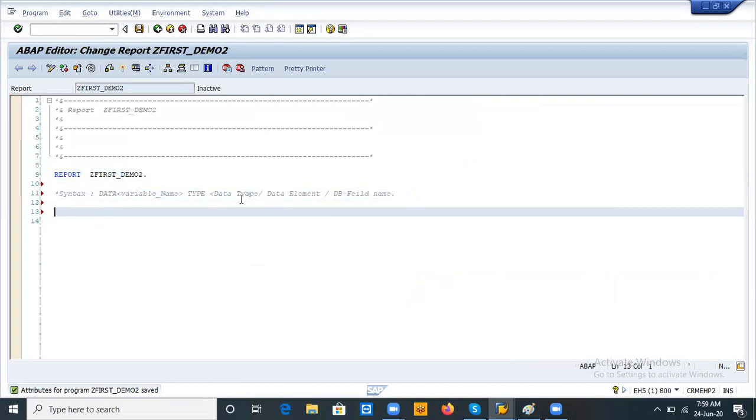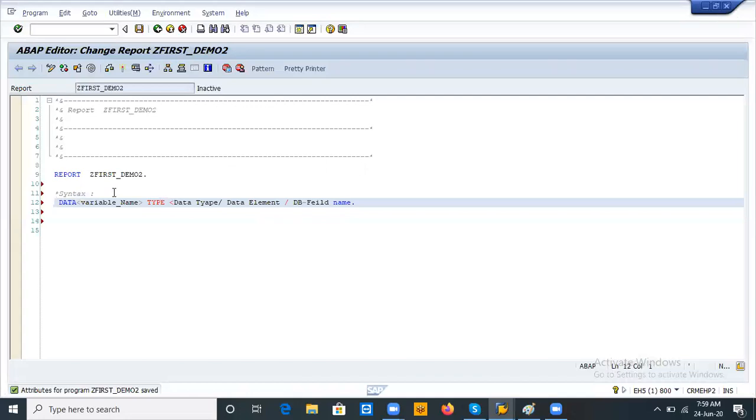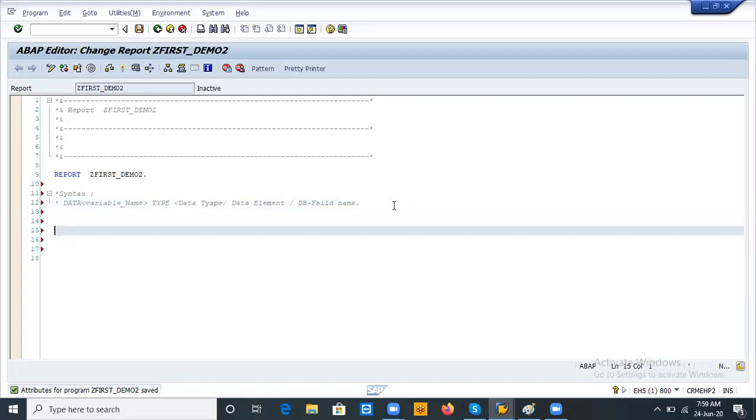This is the syntax we will use. Now DATA is my statement, like a keyword. I am using a variable name; my variable name is var variable 1.